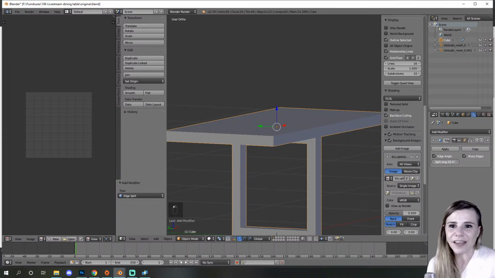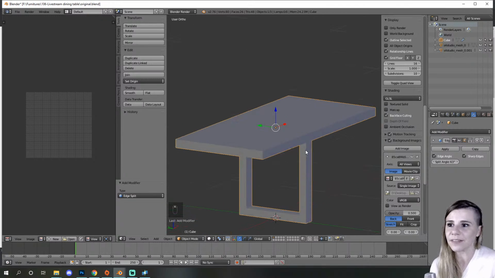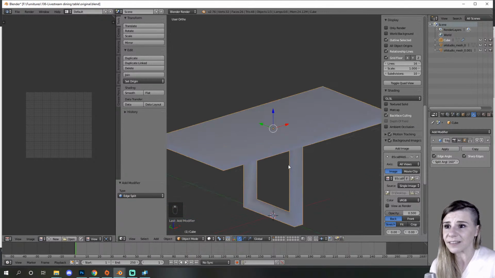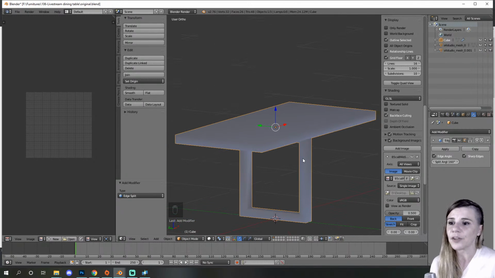you can choose which angle will be smooth or not. So if I put it under 90 degrees, because this is all square, it will stay sharp. But if, for example, I put 160, then it will be smooth again. So if you have an item that has both, like a door, for example, and the knob is round and the door is sharp,